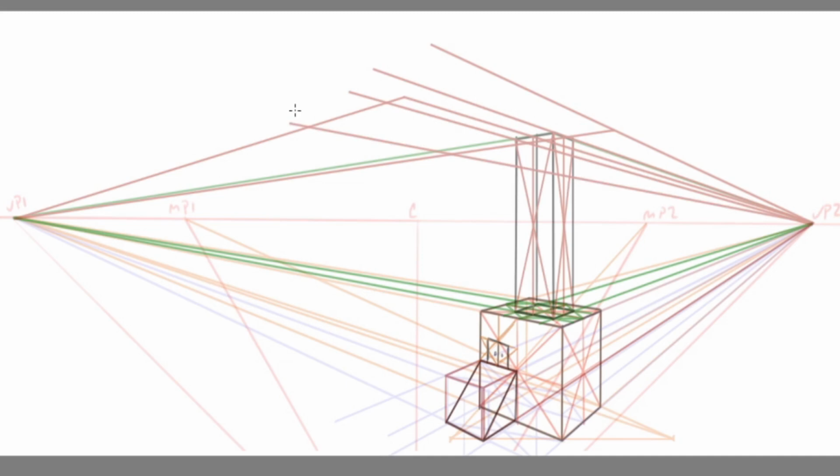Now this isn't even, I'm just sort of guessing. Okay. And then I'm going to connect it. I'm going to draw from here to here. And then I'm going to bisect it from here to here. It's just all about planes. Okay, it's all about planes. So obviously you can see this isn't even. But I'm not trying to make it even. All I'm trying to do is make a sort of uneven